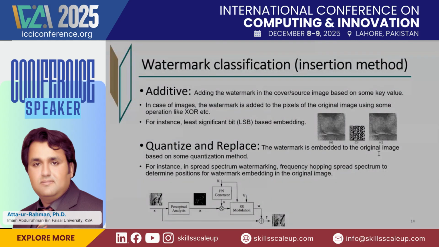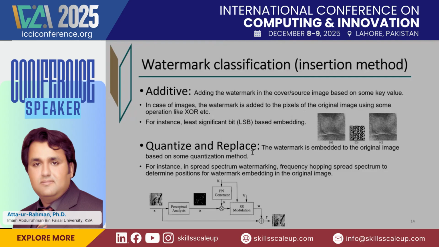In terms of the insertion method, we have additive. This means adding the watermark into the cover or source image based on some key value. In case of images, the watermark is added to the pixels of the original image using some operation like exclusive OR. First of all, we select the region where the information is to be embedded, and then the information is embedded by means of addition. However, selection of the area or the region of the image is potentially a question that we talk about later on. For instance, LSB is one of the most commonly used embedding mechanisms because usually it's thought that if we even tamper the least significant bit of the pixel of the images, it won't have any effect on the image